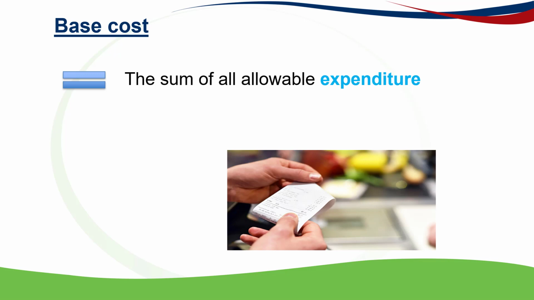In all cases, meaning whether you are dealing with a pre-valuation date asset, that is an asset acquired before the 1st of October 2001, or a post-valuation date asset, that is an asset acquired on or after the 1st of October 2001,